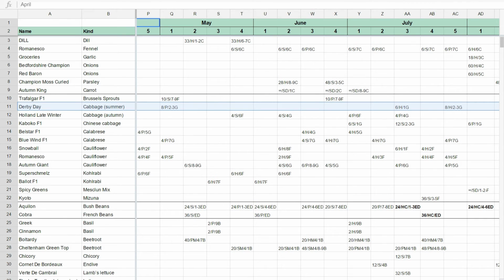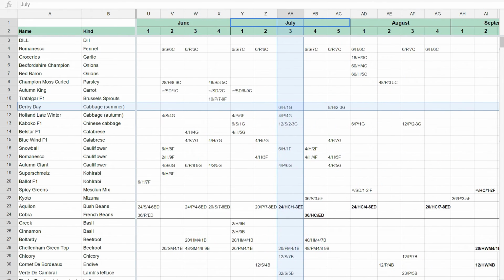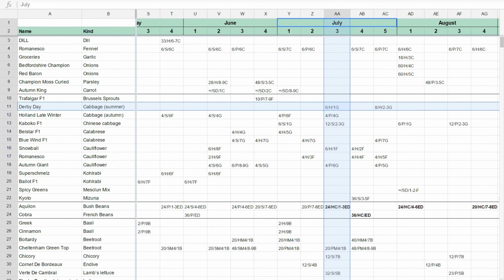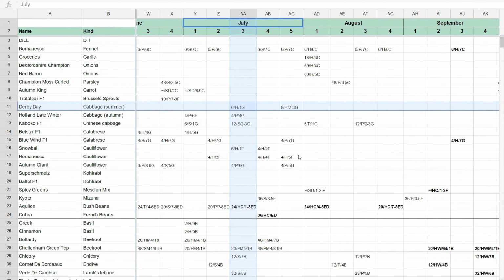And then roughly after 2 months, as you can see, on the second weekend of July, I again have those 6 cabbages, but this time I'm gonna harvest them. What I like about this sowing schedule is that I give myself 2 weeks to harvest these cabbages, and then I'm already planting. As you can see here, I'm already planting Chinese cabbage in this bed,